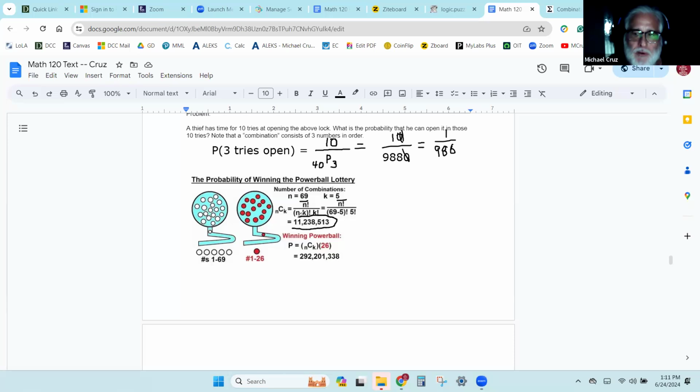Then for the state lottery, in other words for the Louisiana part, the pick 5, it's 11,238,513 ways to do it. That many numbers to pick. Now, the Powerball gets multiplied by that number right there, and it gives us 292,201,338. So the probability of one ticket win would be